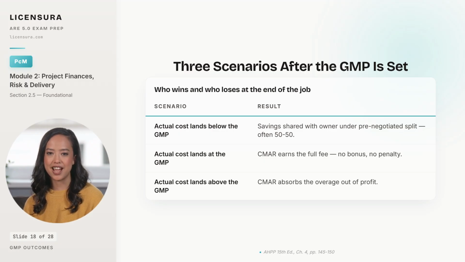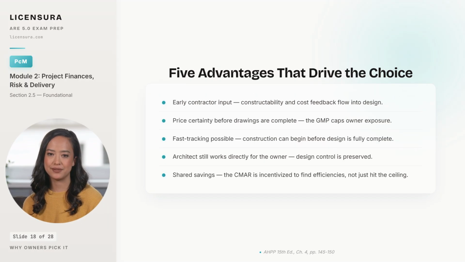Add up the GMP mechanic, the 2 phases, and the architect's preserved relationship with the owner, and you can see why owners with complex programs reach for CMAR over the alternatives. 5 reasons owners with sophisticated programs reach for CMAR. The first is early contractor input. Having the builder at the design table before drawings are complete means constructability problems get caught while they are cheap